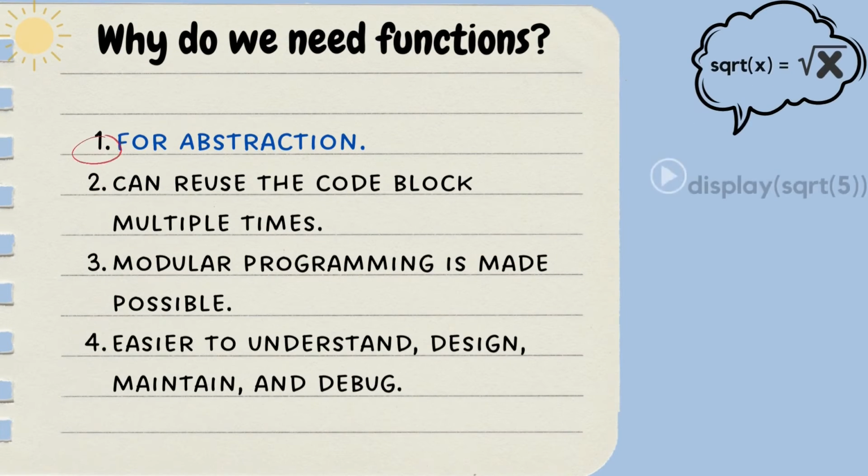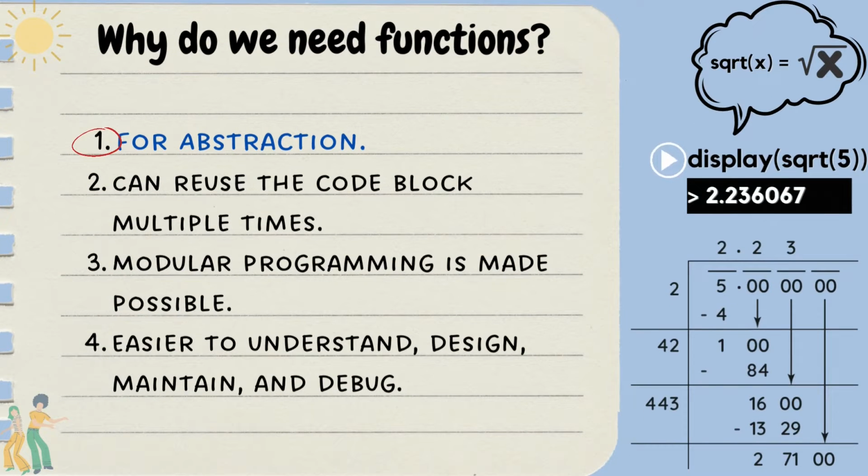Why do we need functions? 1. For abstraction. Abstraction is hiding away details, packaging the code block or any process relations. This allows the programmer to freely design and compose programs without the discomfort of actually having to work some things out. For example, here, sqrt(x) is a function that takes in input x and gives the value of the square root